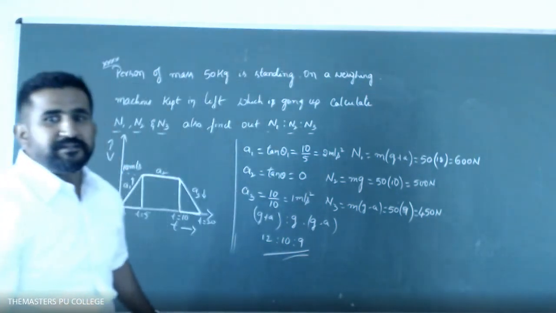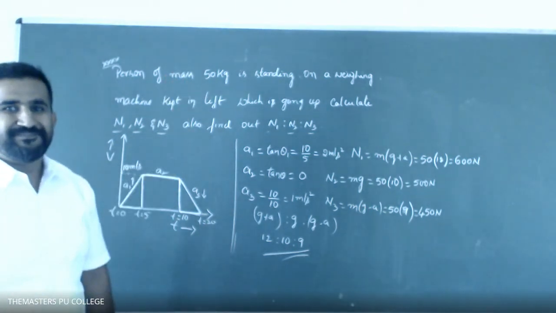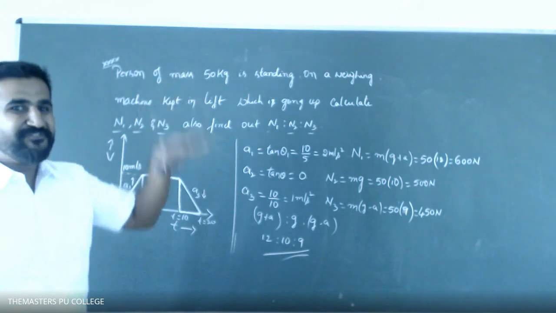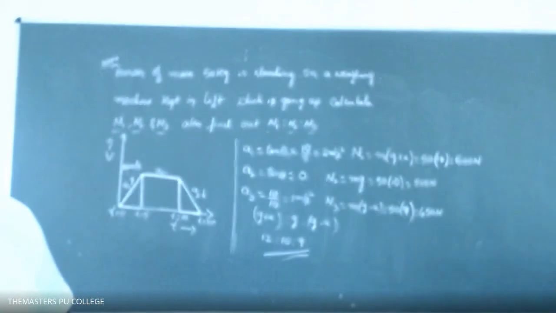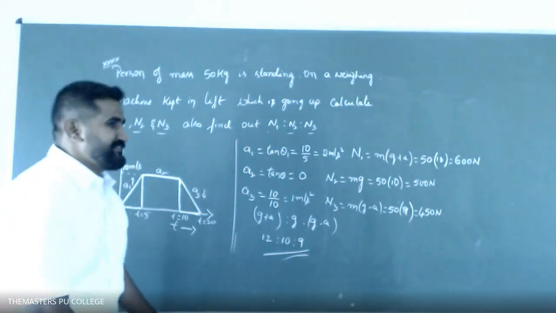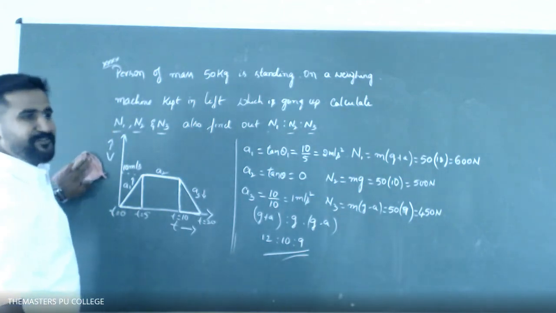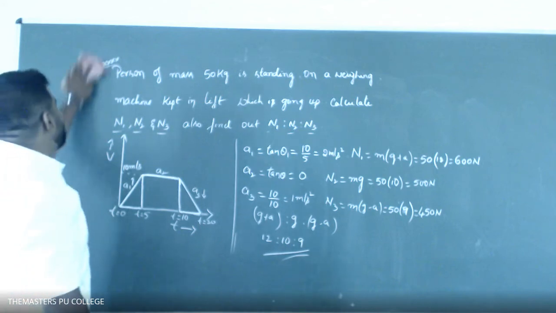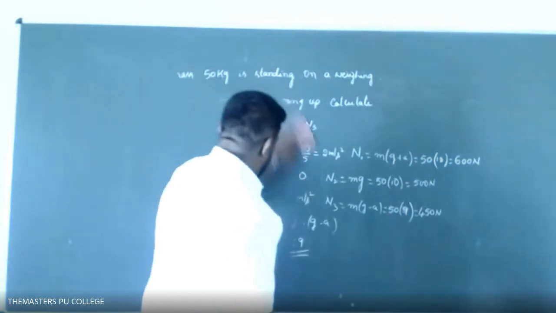Sir, if the lift comes back, how to fix it when it moves from first floor to ground floor? The next concept is when the lift moves from first floor to ground floor. Shall we move to ground floor to first floor to ground floor now? Up to now we went to first floor. Now we have to go down.